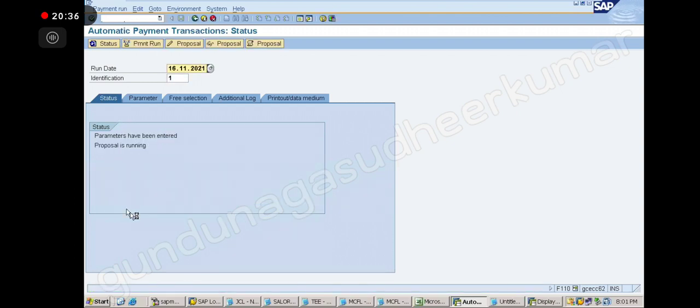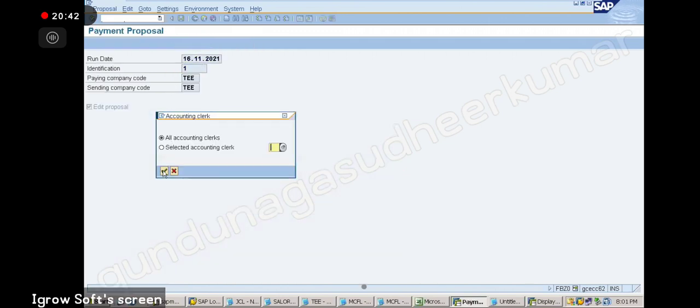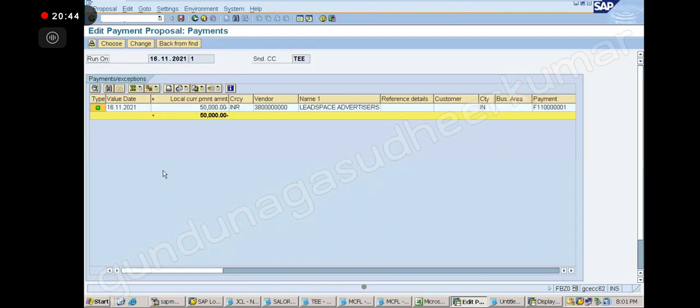Now keep on pressing enter. System picked up 3,000. Is any normal open item there? Any invoice for this? No, sir. But still we are able to pick up and pay through APP, through the noted item.